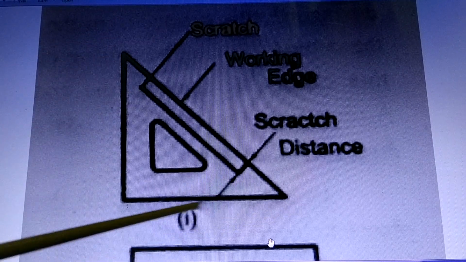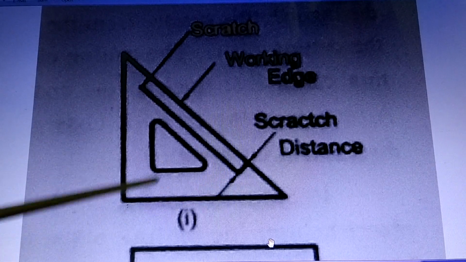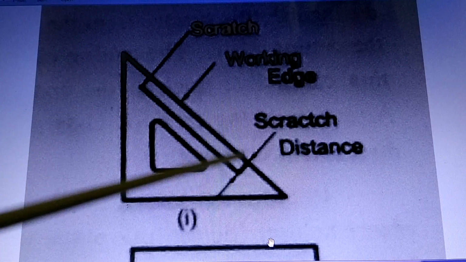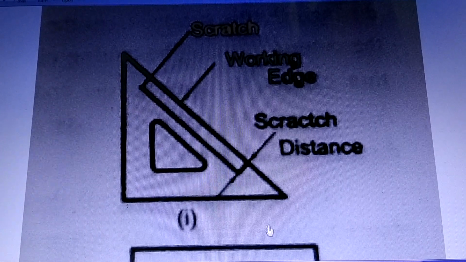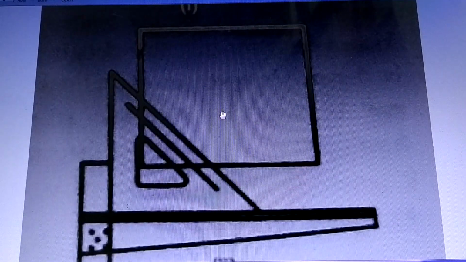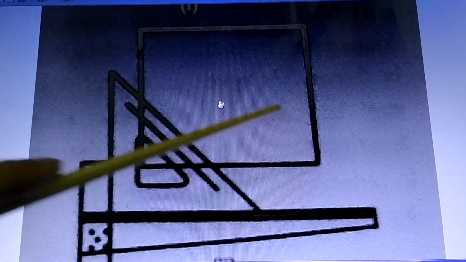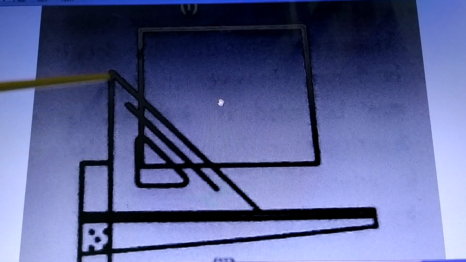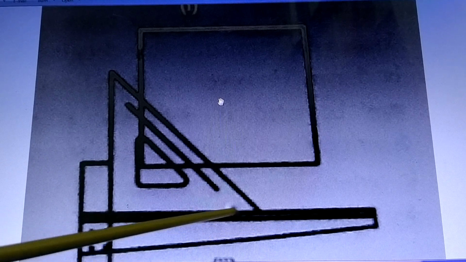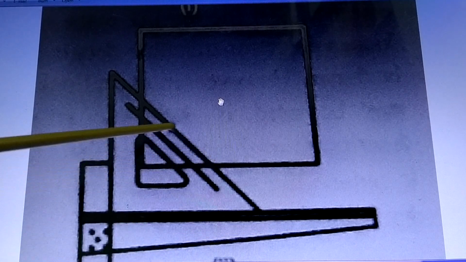So now you have got a set square with a black line on it, just like the other graduations, numbers, etc. Similar to that, you will have one line at a specific distance, say 1.5 or 2 mm from the edge. Then suppose this is a section which you want to fill by drawing section lines, which are supposed to be at equal distance. So you hold your set square like this against a certain device like your scale, rolling scale or something, and then you draw one line here.